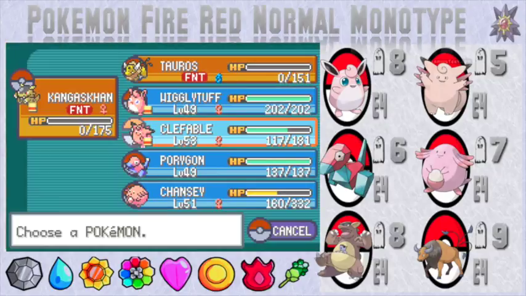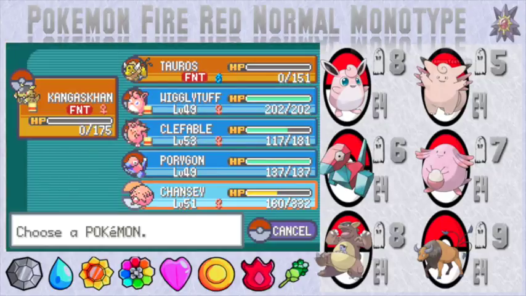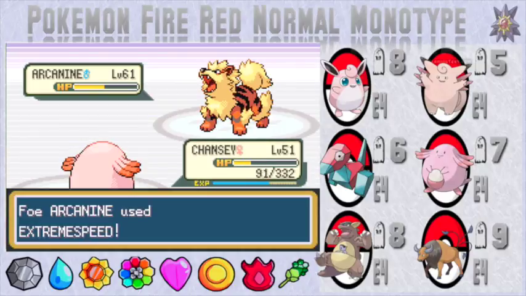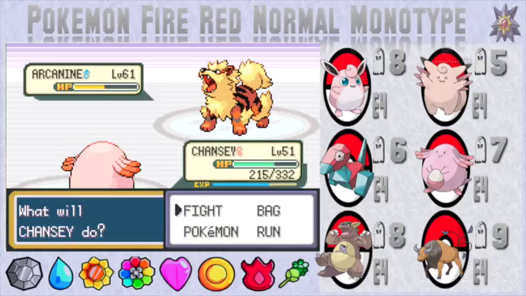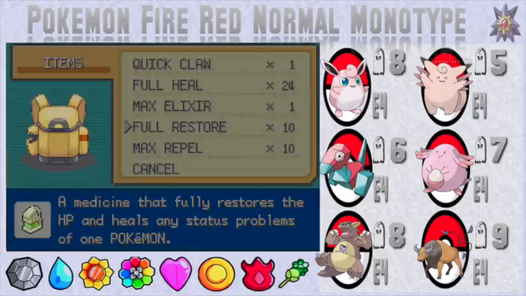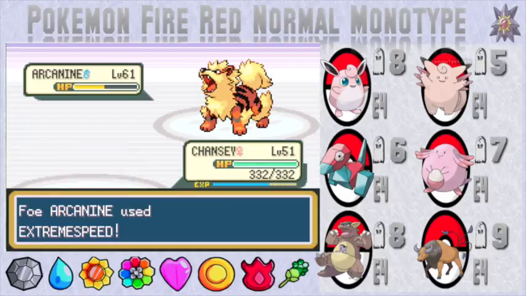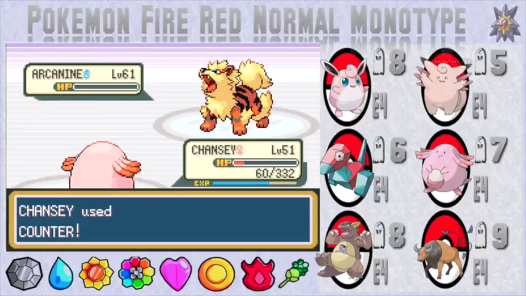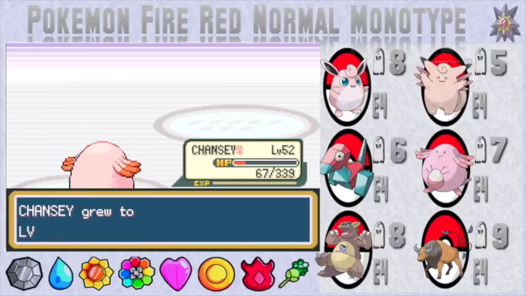Okay, so we've got this problem. Do I think I can live through this? Extreme Speed, we do live. There we go, this is what we want to see. We can actually sort of build this off. But just to speed things up, I will use a Full Restore, as you're going to Extreme Speed me. I can Counter here. Down goes the Arcanine, Chansey putting in the work